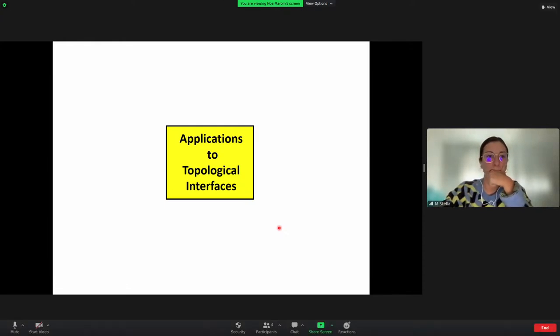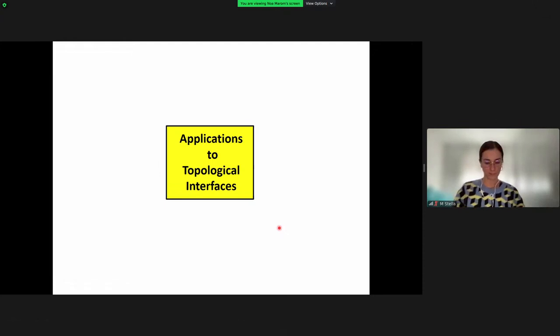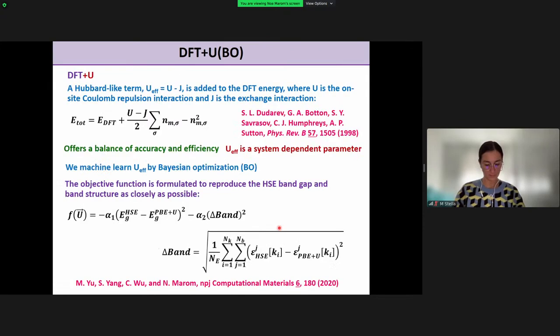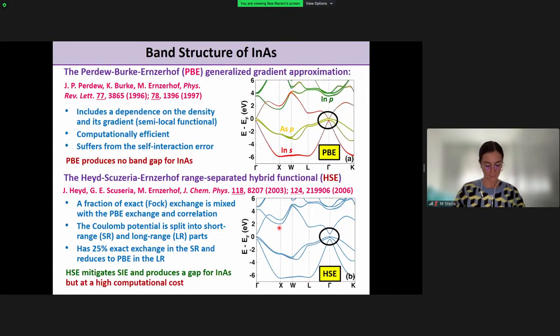I mean, how do you select the orbitals? Of course, as a chemist, you know which orbitals to select. But have you automated this in some way? For example, if you have a material that contains 3 different species, you will optimize d orbitals for this and p orbitals for that.